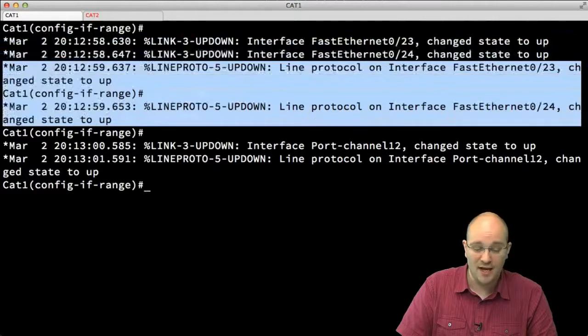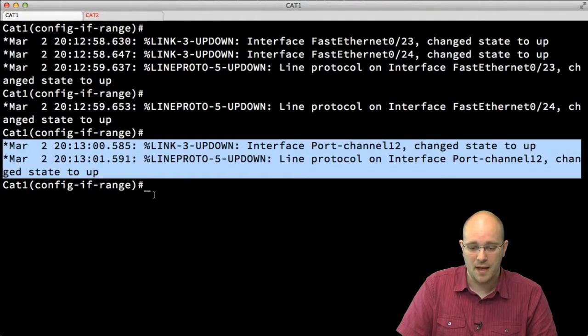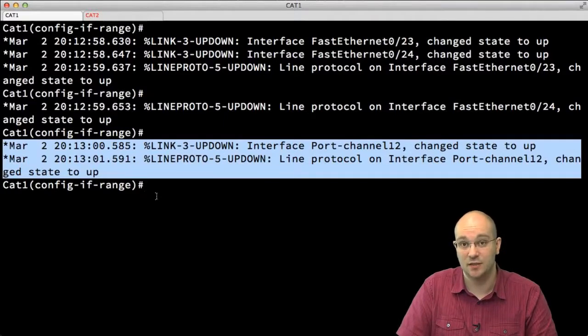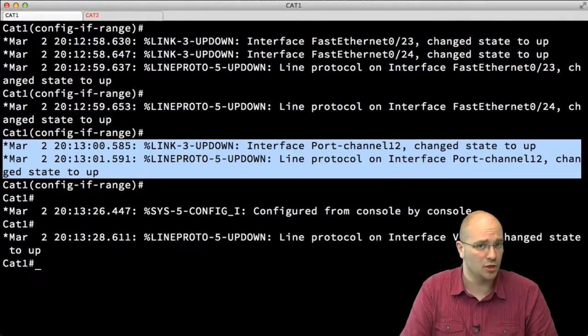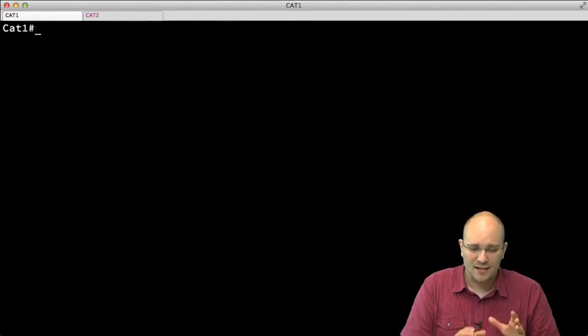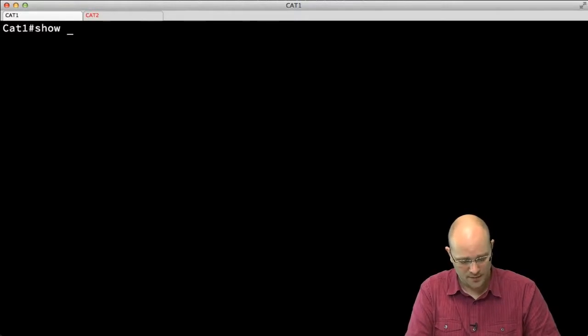Then I have line protocol on the interfaces changing state to up. And then I can see that the interface and the line protocol on port channel 12 changed state to up. So my EtherChannel is now actually operational. How can I confirm that? Well, there are multiple commands that you can use for this case. The most common one, the simplest one to use, is show etherchannel